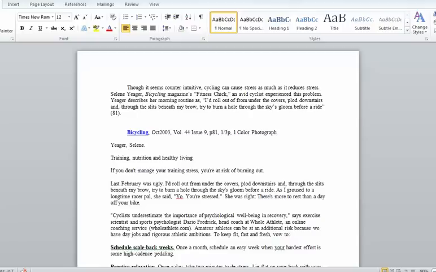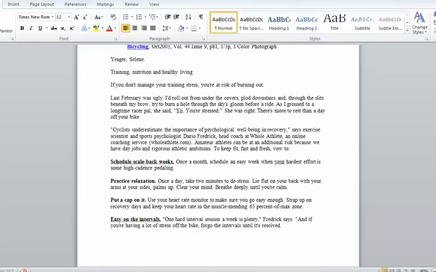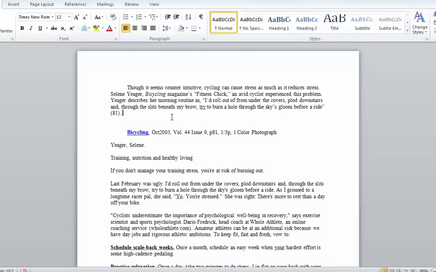Then I can't just leave it there. I've got to explain how it relates to my thesis statement. So I want to think about, all right, I think cycling reduces stress, but it can also cause stress. So I take a look at my source and think about how does this relate? And I might write something like,